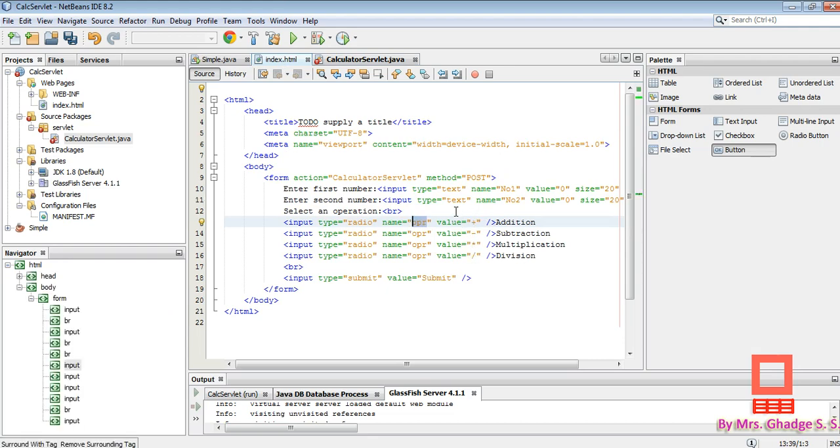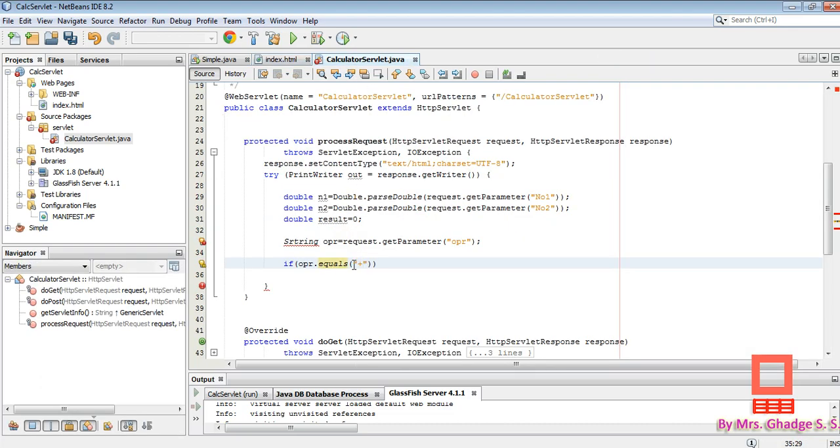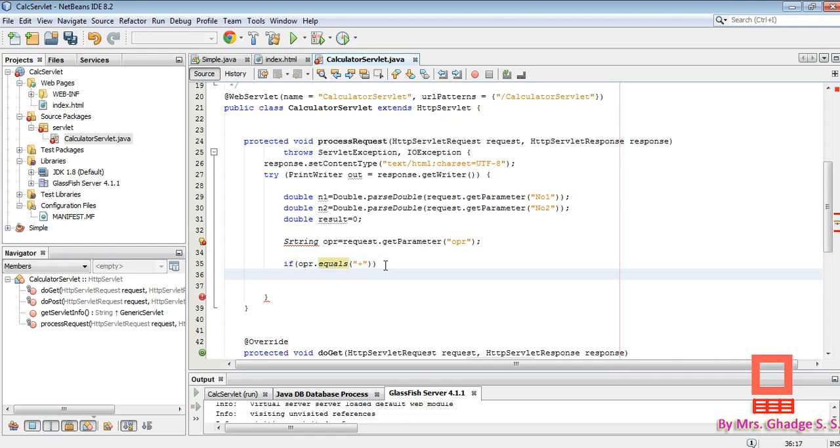This value attribute is very important here, because this is the value sent over the URL when we press the submit button. Okay, so if opr.equals plus, then what is the result? Then result is equal to n1 plus n2.